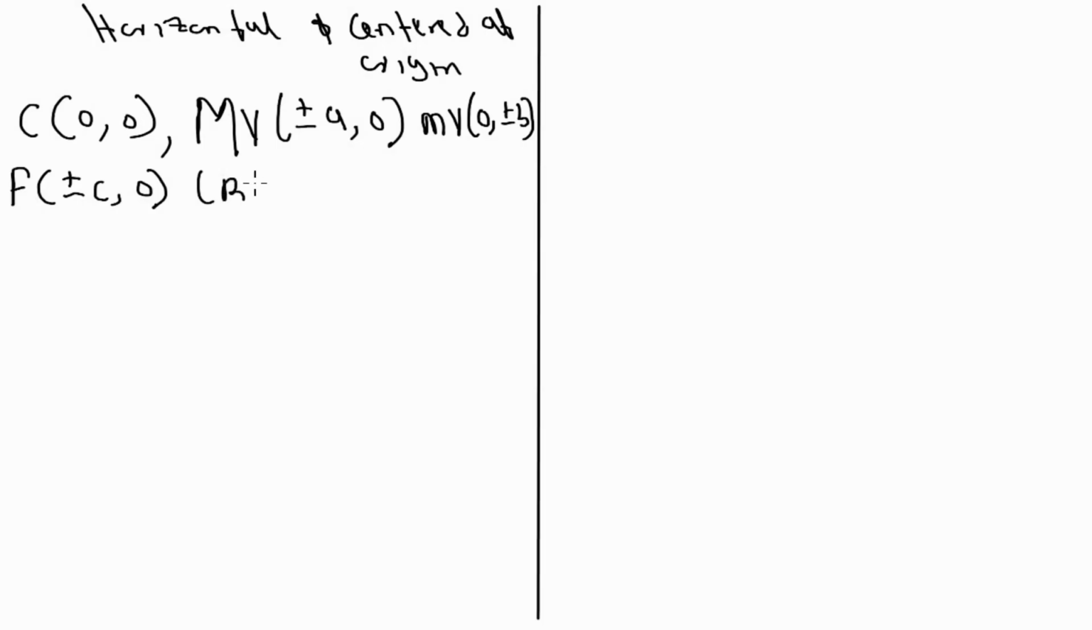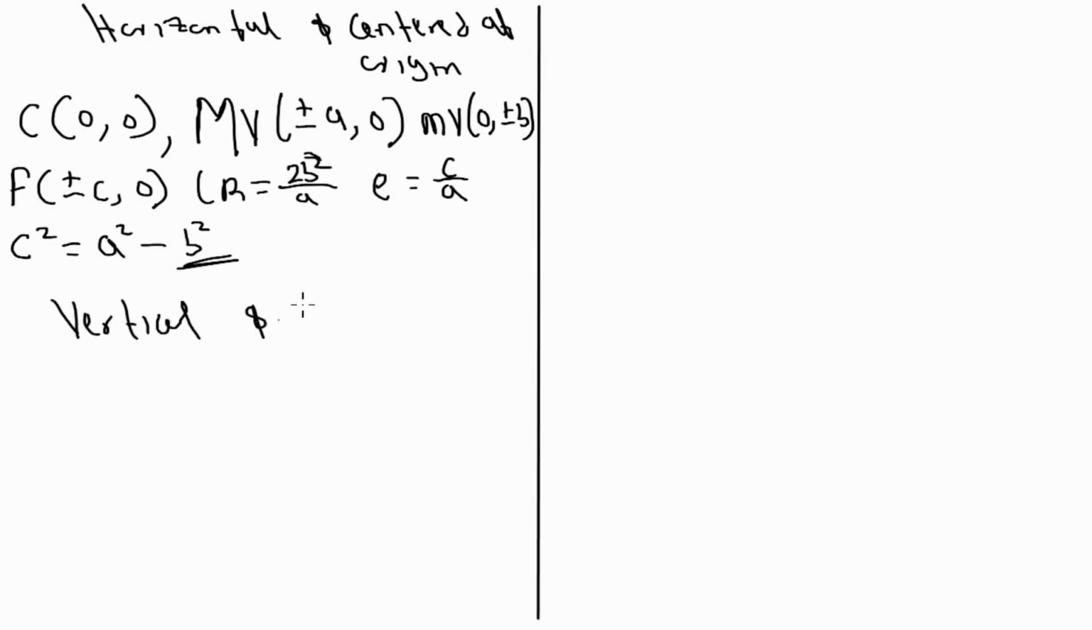Latus rectum, LR, is still 2b squared over a. And lowercase e, eccentricity, is c over a. And the relationship between c, a, and b is c squared equals a squared minus b squared. So that's it. It's important for you to actually know the ellipse you are dealing with. If it's horizontal in nature, this is how you are going to fit in all the values you are getting. Now, if it is vertical in orientation,